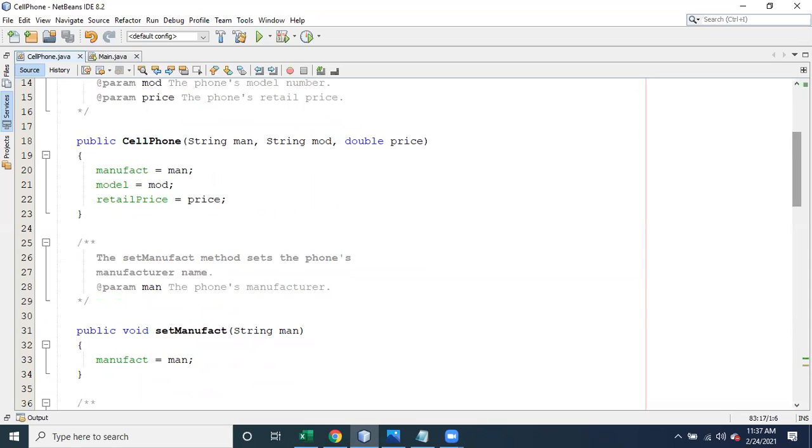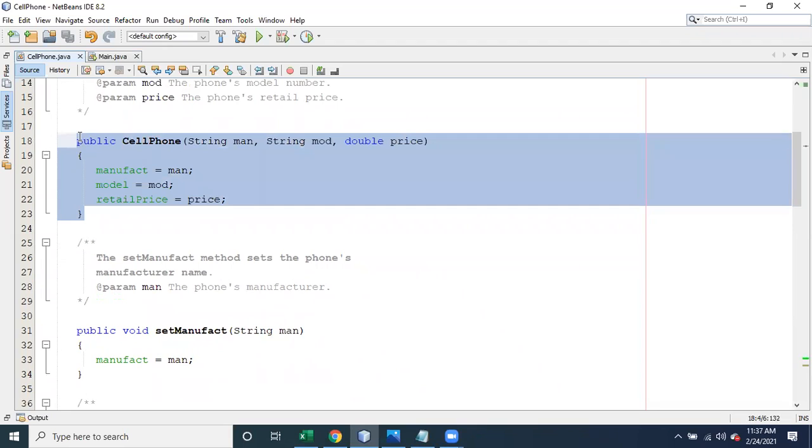And your book talks about having multiple constructors, having overloaded constructors. It's the same thing as having overloaded methods. Remember, a constructor is just a method. It just gives you the choice of doing it a different way. So like if you're creating a cell phone and maybe you don't have the price yet, but you have the manufacturer and the model, but you want to go ahead and create the cell phone, you can have a constructor, you can overload this